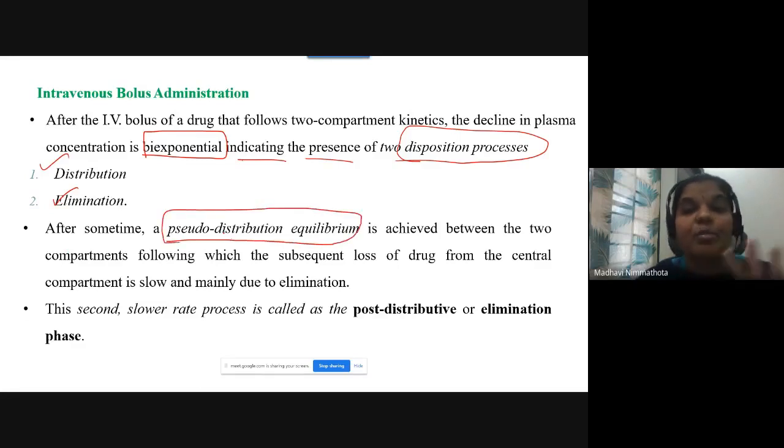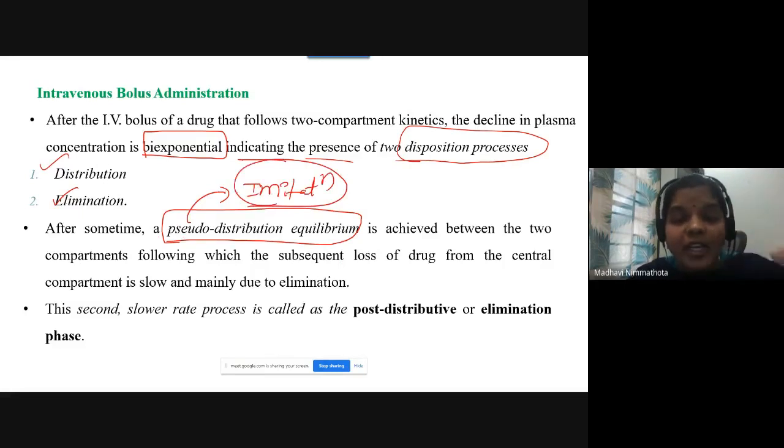It is not a perfect, exact distribution equilibrium. It is a pseudo. What do you mean by pseudo? Pseudo is nothing but an imitation. It is imitating, not an exact equilibrium. Which type of equilibrium is it? Distribution equilibrium. After taking a drug, after some time, you will achieve some pseudo distribution equilibrium